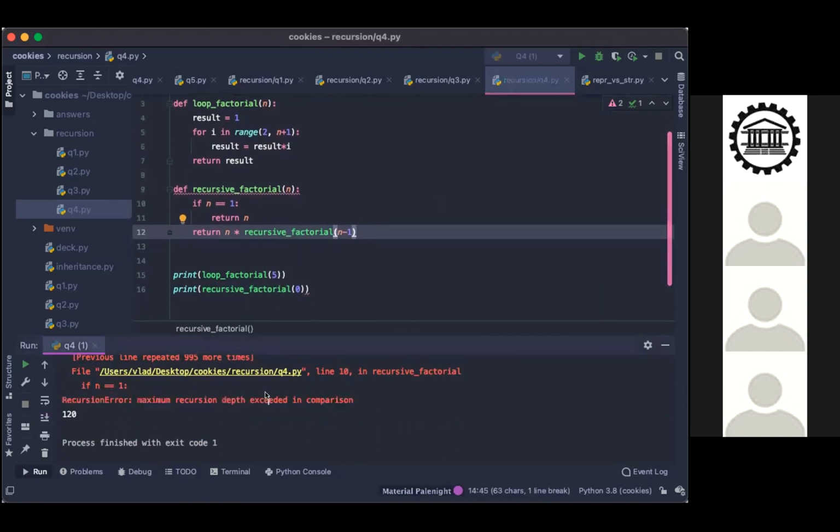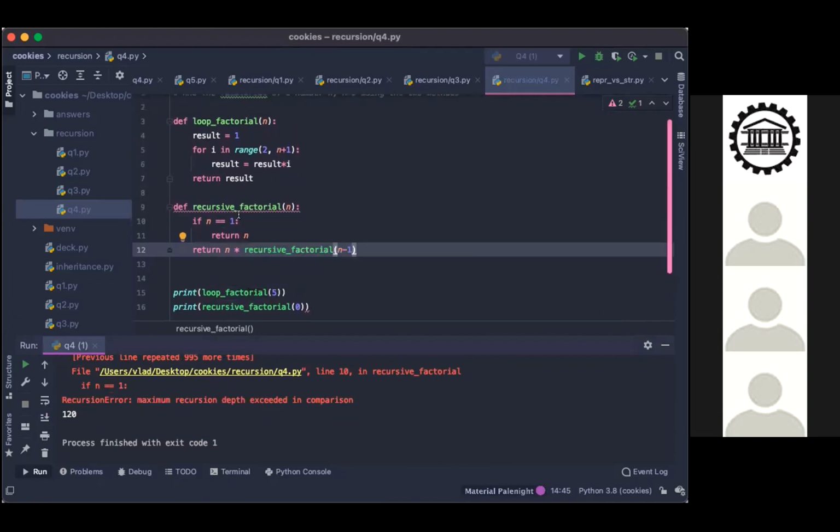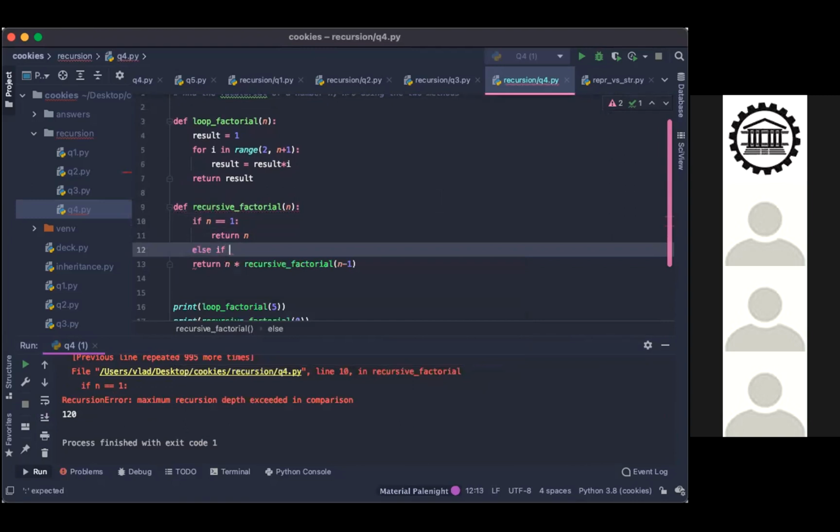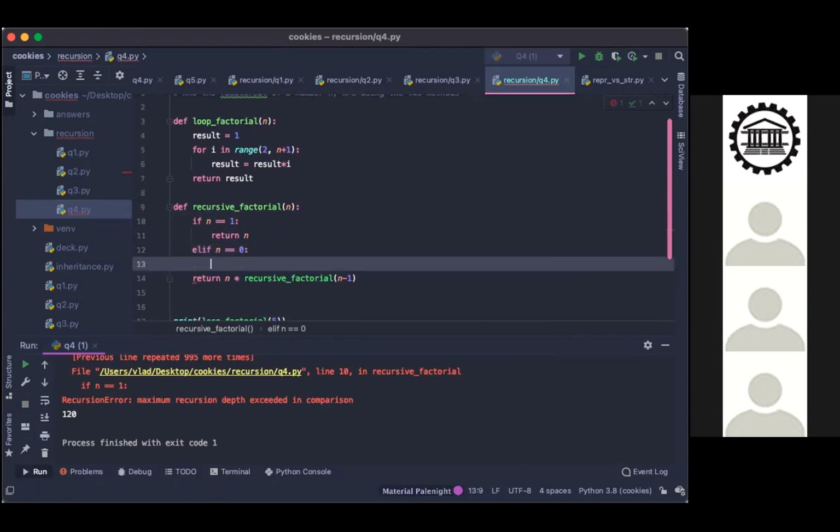That also gives you this. So in this case, you can have multiple base cases as well. If you want to include zero here, you can say elif n equals zero, return one, right?